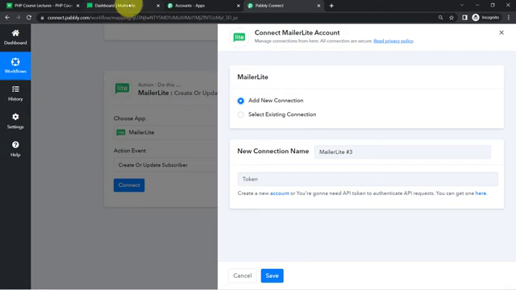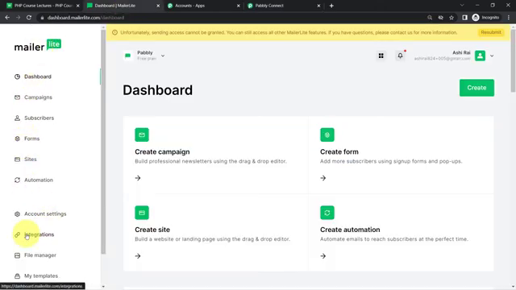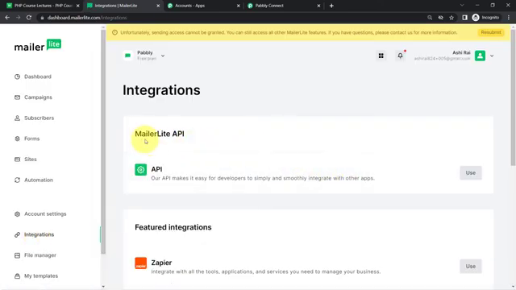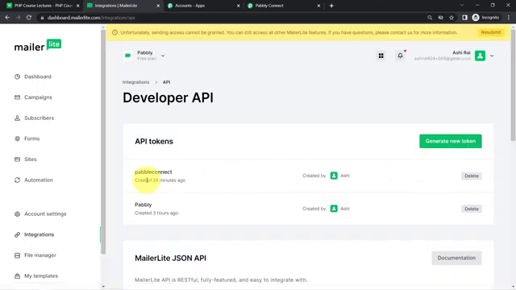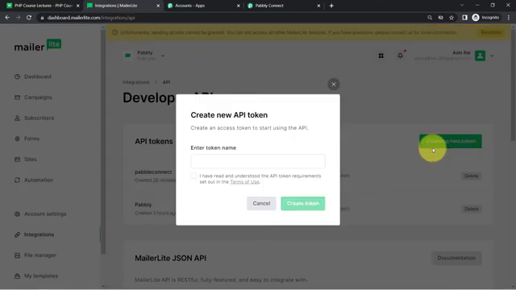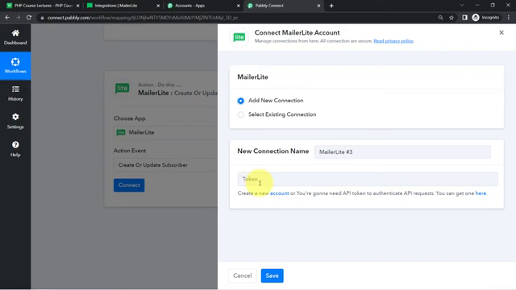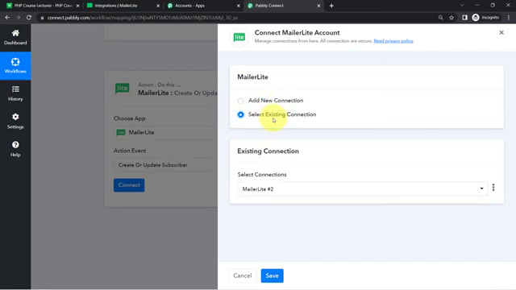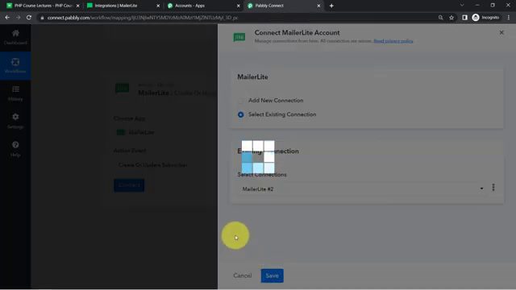So go back to your MailerLite dashboard, and here you will find an option of integrations. I'm going to click on that option, and here exactly under this MailerLite API section you will find this button, use. Okay, so I am going to open this particular section, and from this button, generate new token, you can actually generate a new token and then paste it here. But for now I will be going with this existing connection because I have recently made the connection with MailerLite. So I will be clicking on save directly,